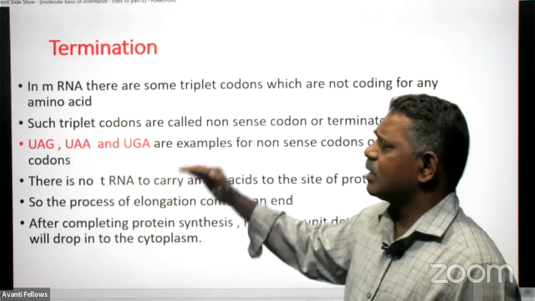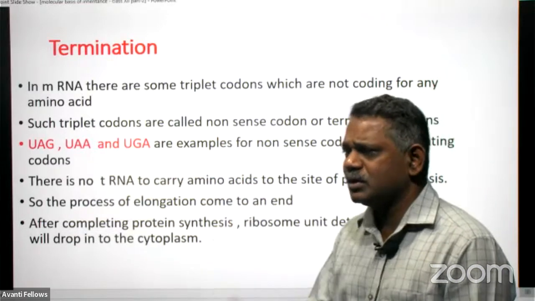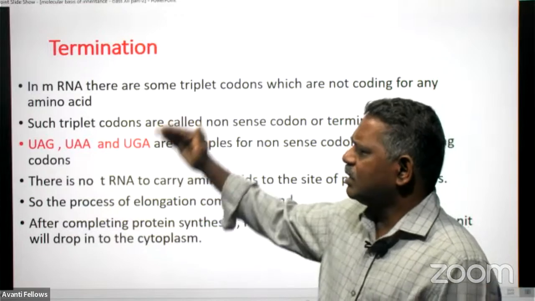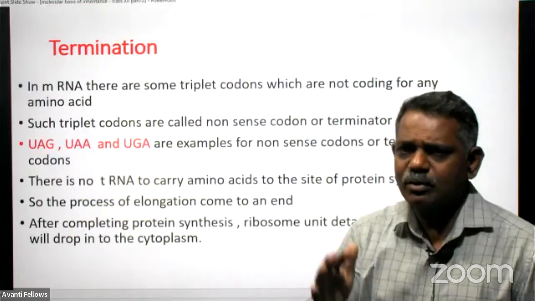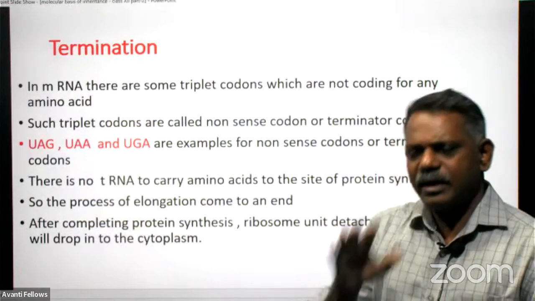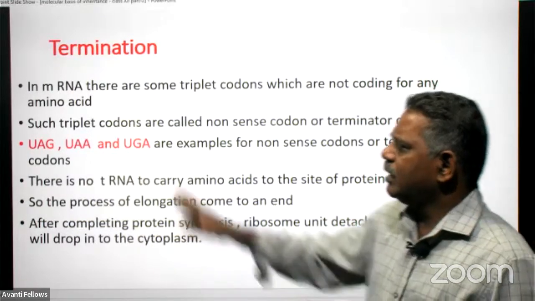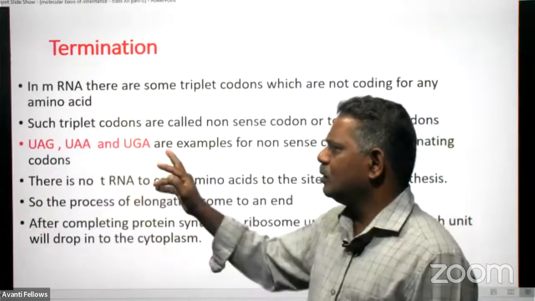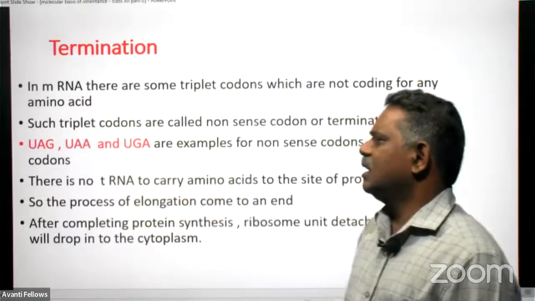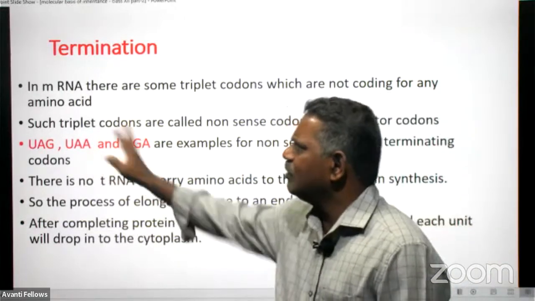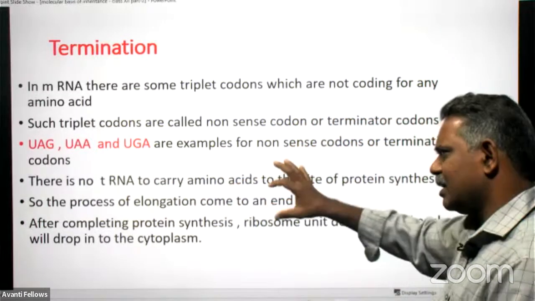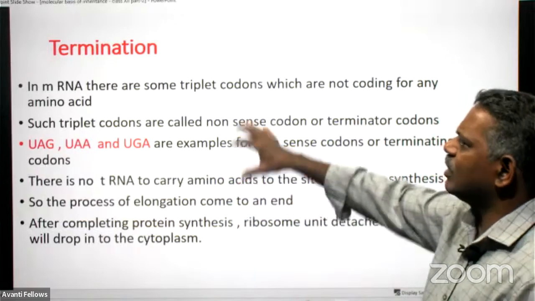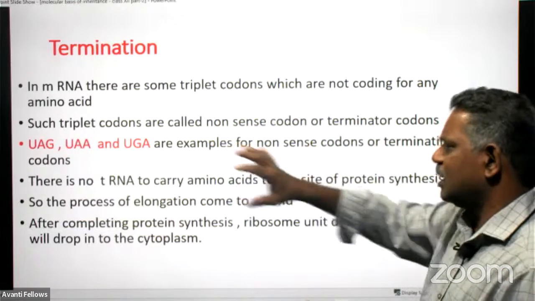This triplet codon we have to learn by heart; find some techniques to remember the triplet codon to stop and also the triplet codon to start. AUG is the initial codon, and UAG, UAA, UGA are the termination codons, and C is not there anywhere in the termination codons. Whenever any one of the termination codons comes in the mRNA,